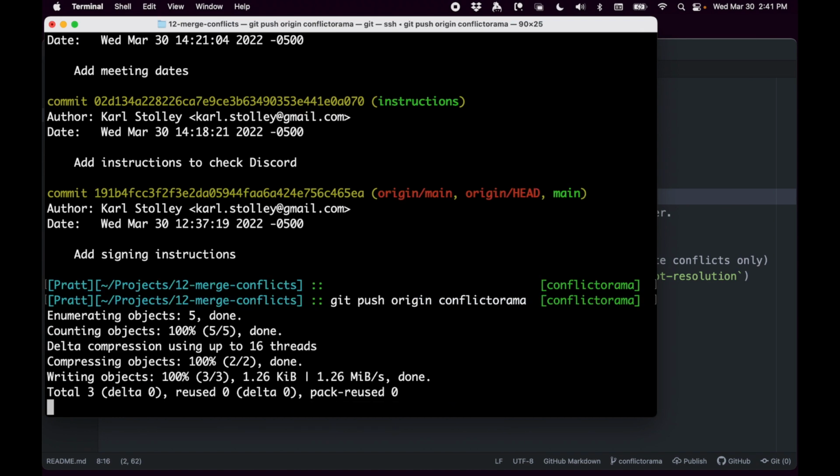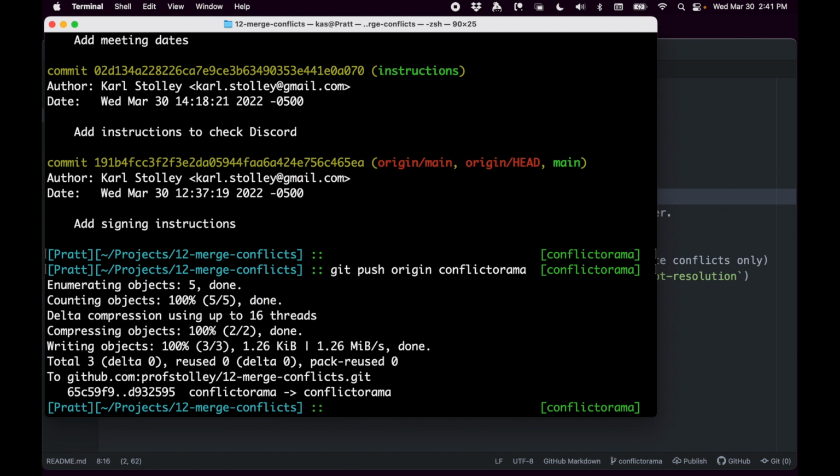When we do that, we will get the happy push message that we always expect to see when we do a push, okay? So, again, don't let those scary looking messages shake you. Use the tools that are available to you in Git to figure out what's going on, okay? There we go. So that's solving merge conflicts that appear when you've got a disconnect between your own remote and